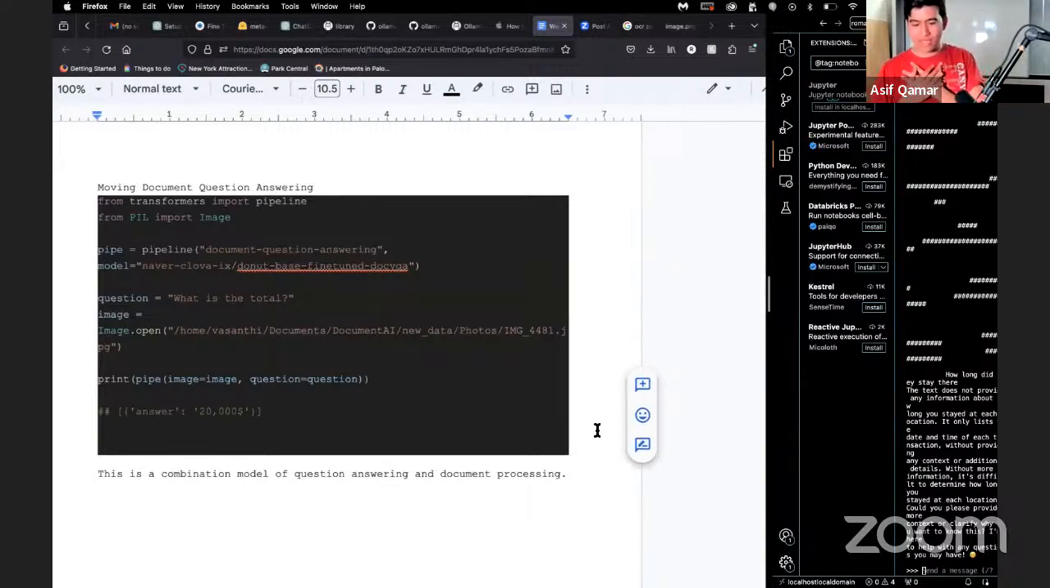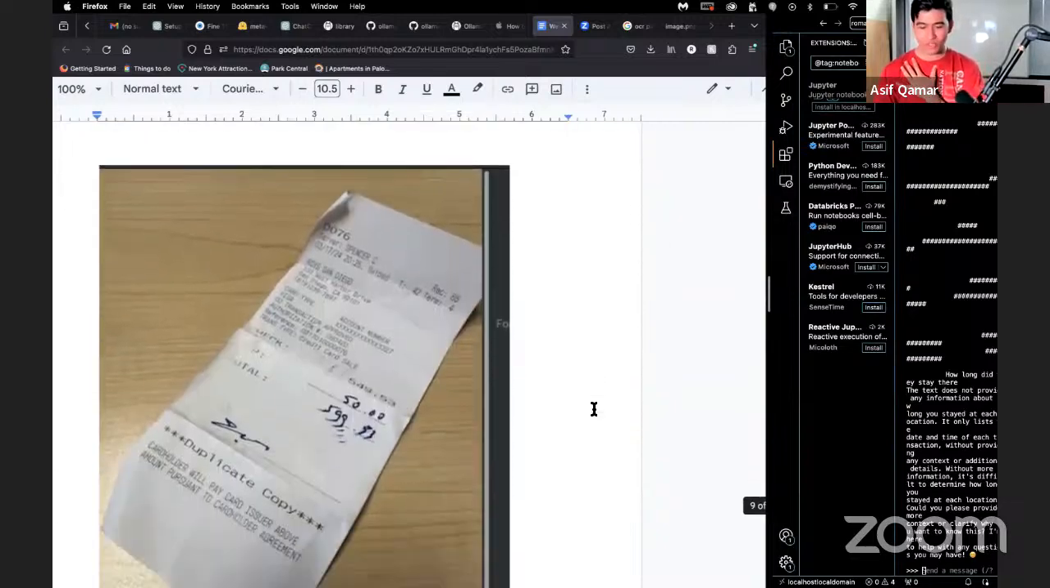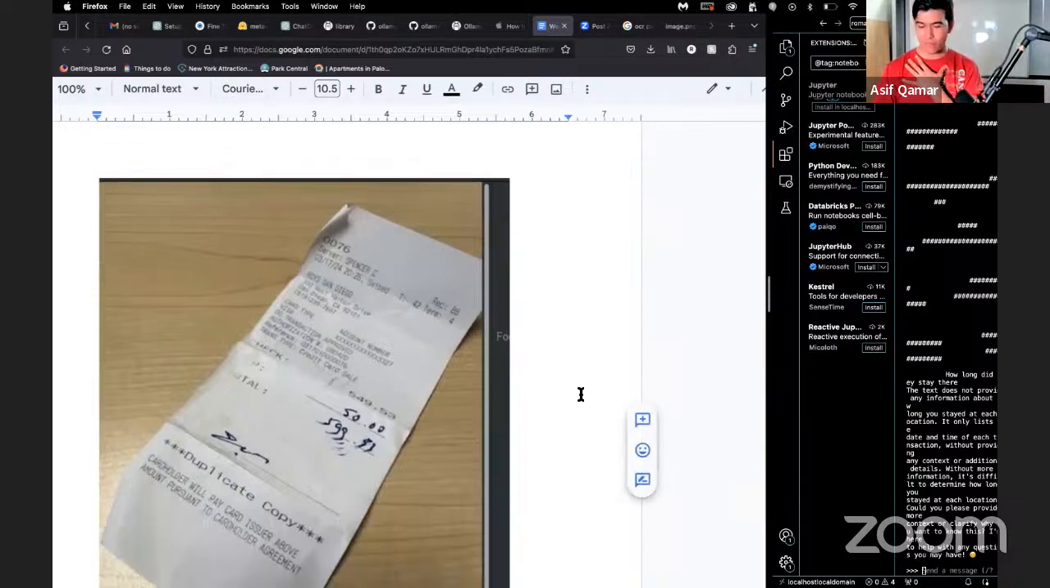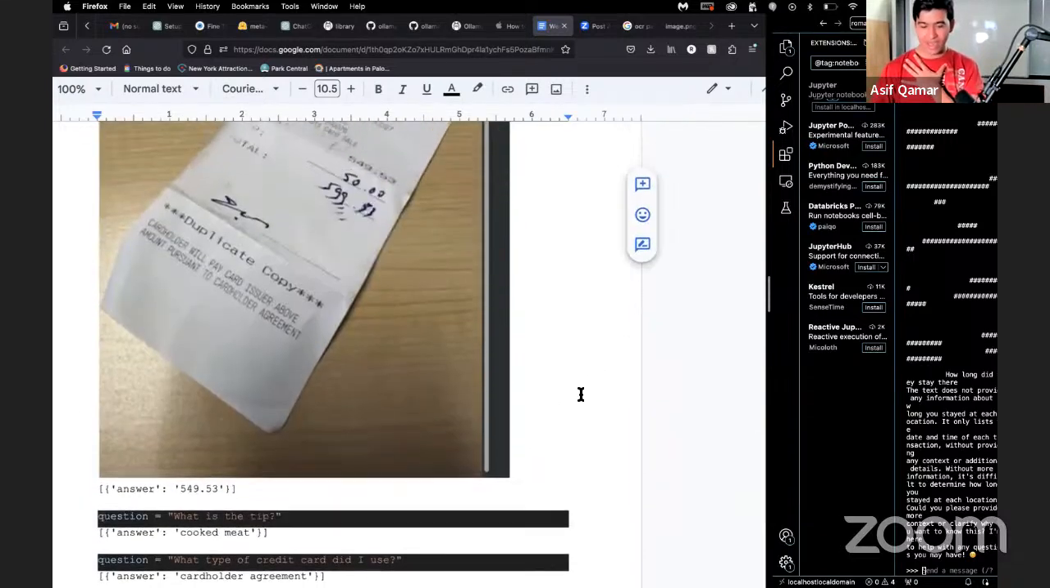to question answering using Nave Clova, which is very much like an LLM that you can just feed images into and then ask questions on. And that one we assumed would be a little bit better in the sense that we didn't have to use an OCR and then feed it into an LLM. But we got even worse results using that for the invoice and for the other receipts. But using this receipt, we actually got an interesting answer: